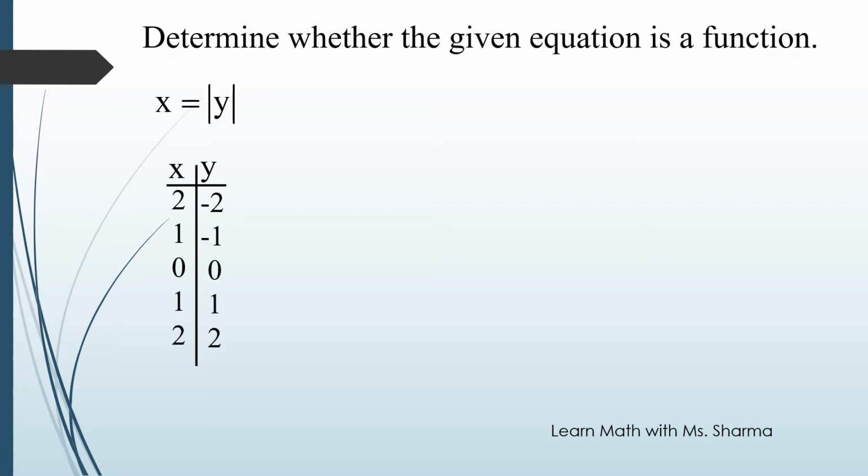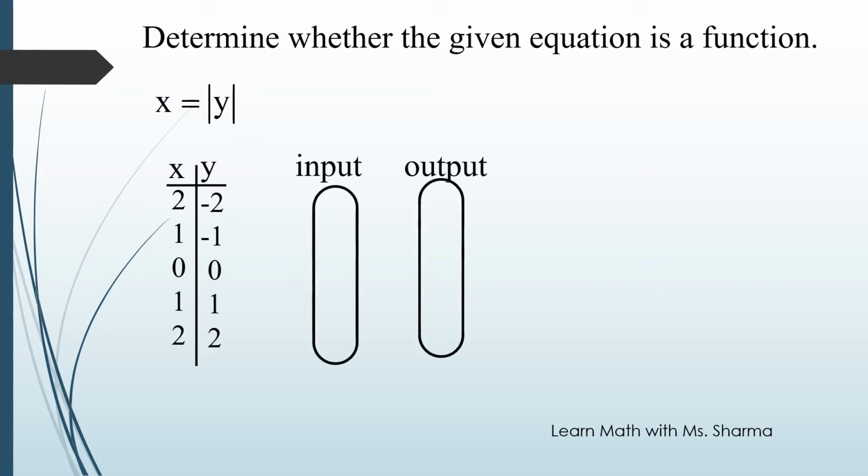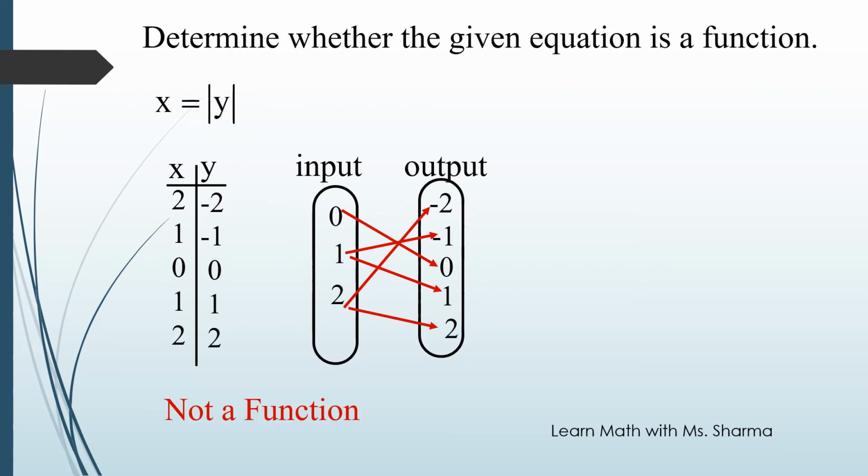So when we map our numbers, we found in the previous slide, when we map our domain and range, the input and output, we can see x equals absolute value of y is not a function, because you can see 1